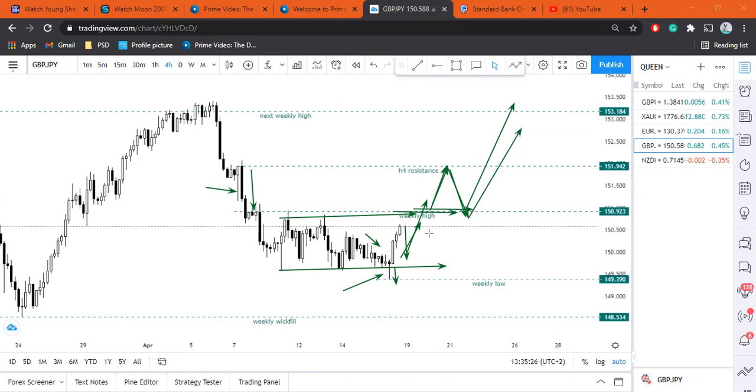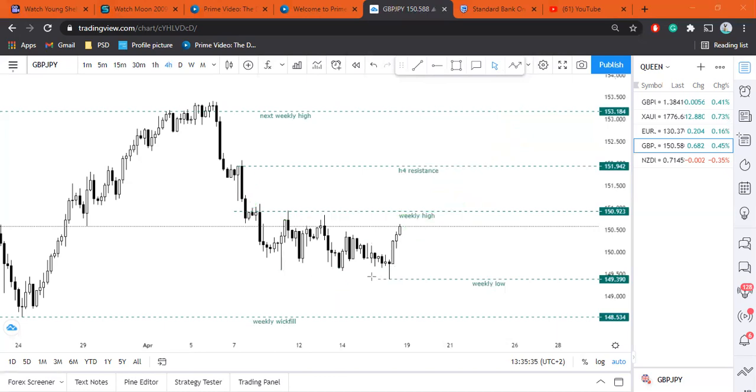So I would not expect anyone to take sales in the range. If you don't see buys, it's better not to take a trade until you see a buy setup, because price right now is giving us more bullish analysis. If you want to see price going down, only start taking sales when price breaks this low. When price is inside this range, that's when you can only